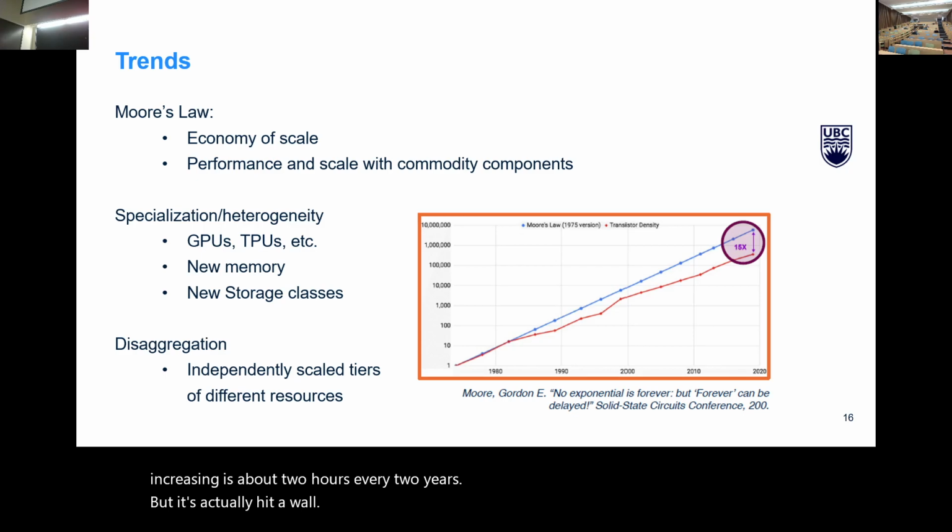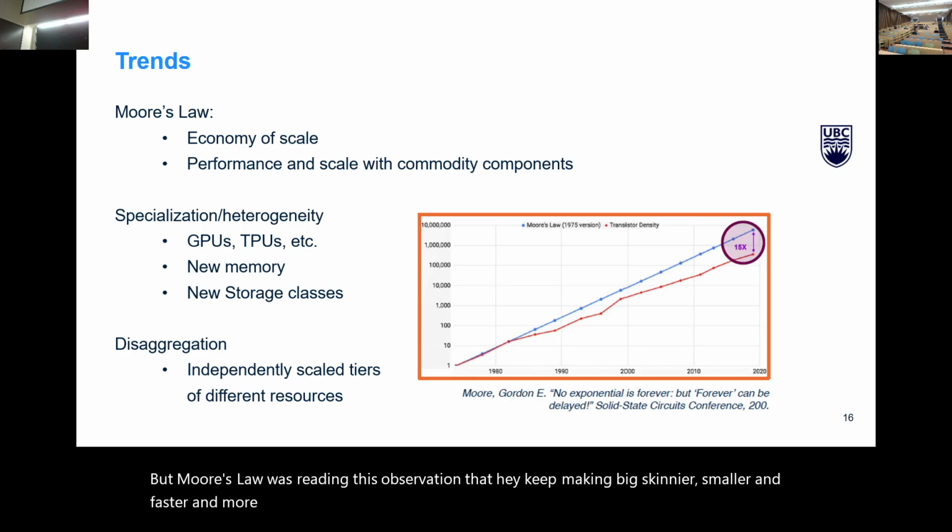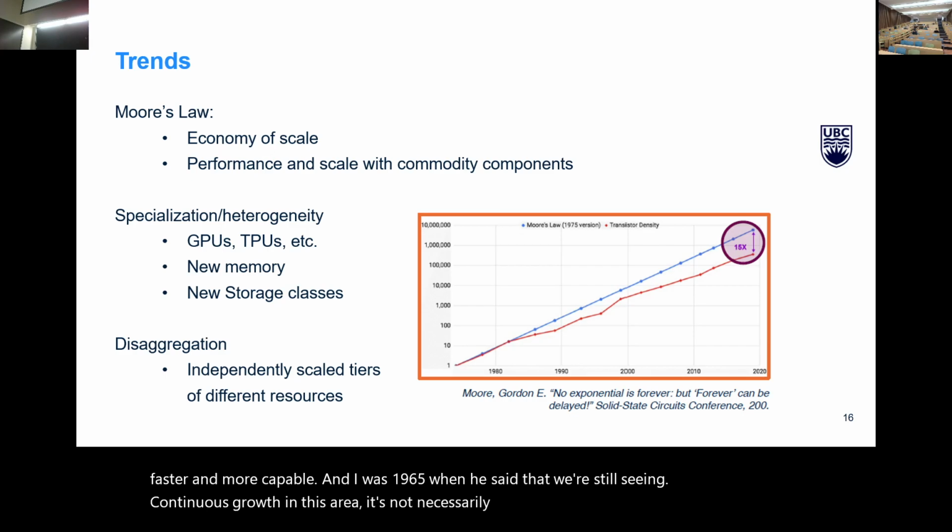And we use different techniques now for scale up. But Moore's Law was really this observation that, hey, we can keep making things skinnier and smaller and faster and more capable. And that was 1965 when he said that. And we're still seeing continuous growth in this area. It's not necessarily at the same speed as it was before, and we're having to use other techniques,